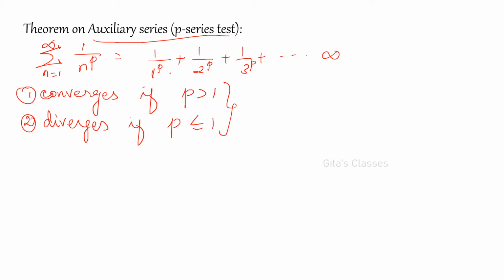If p is greater than 1, then the series is convergent. If p is less than or equal to 1, then it is divergent. Okay. Now, proof of this. For this, I am going to use one theorem, that is the integral test. We are going to see this test after some 2-3 classes only. But now I'll just state the test, and after studying the integral test, you will understand this more clearly.